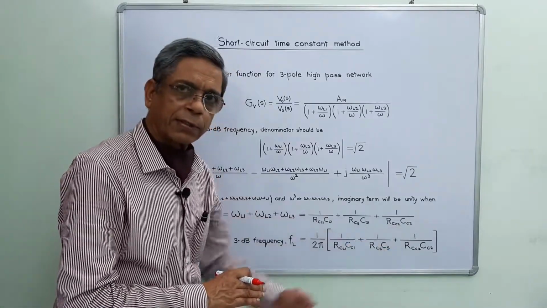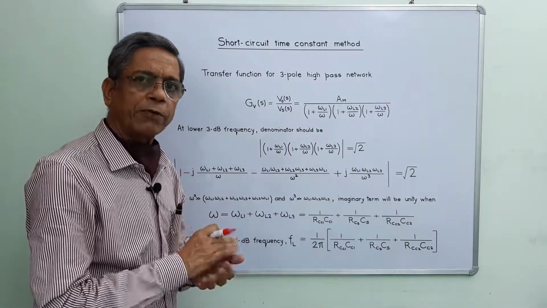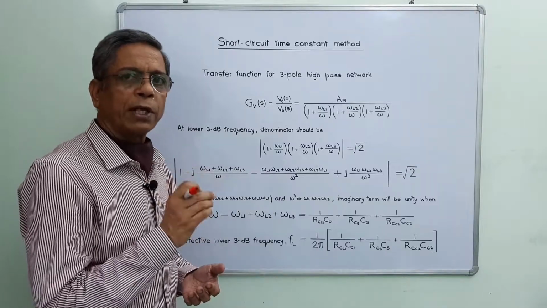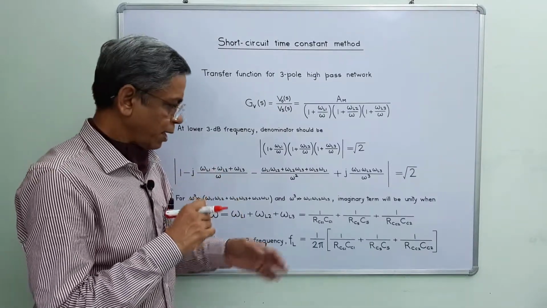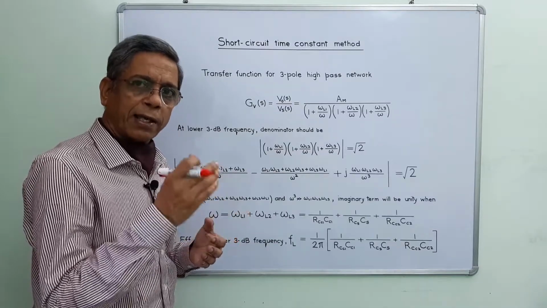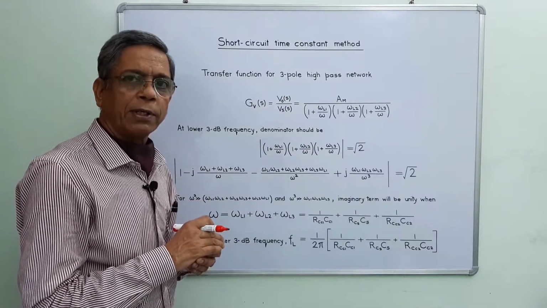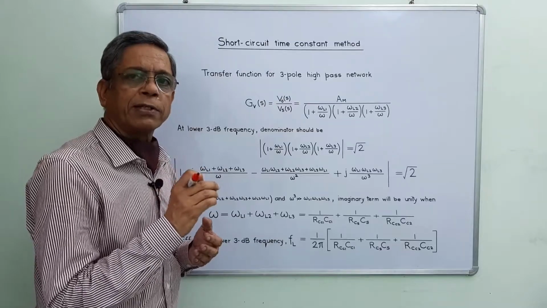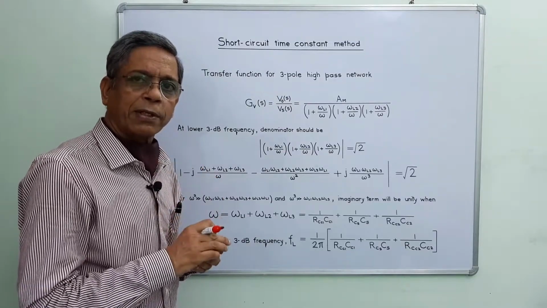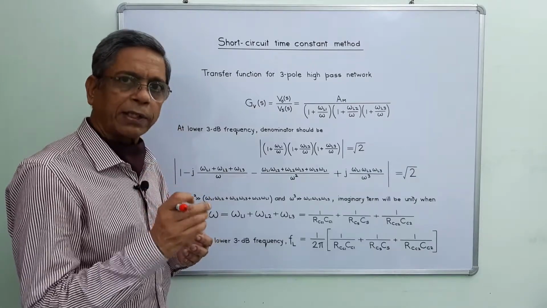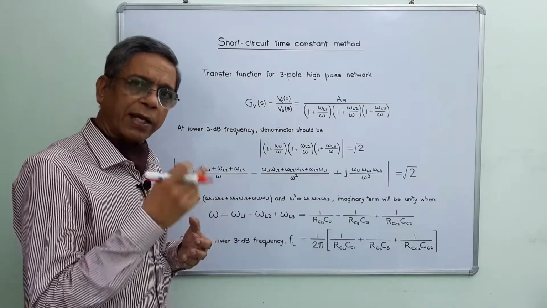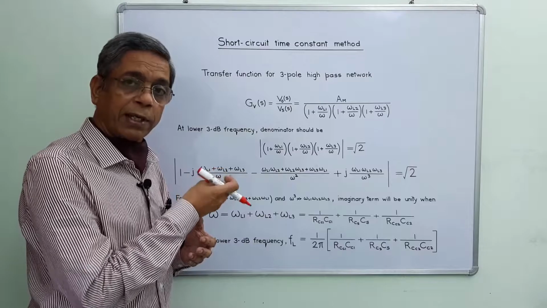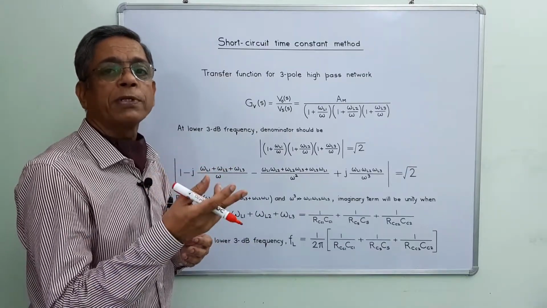Since there are 3 capacitors, 3 steps are involved in the determination of the time constants corresponding to these 3 capacitors. In the first step, we have to select any one of the capacitors and consider the other 2 capacitors as short circuit. Then we have to find the resistance seen by the selected capacitor, by finding the Thevenin equivalent resistance across the terminals of the selected capacitor. Then we will write the time constant for the selected capacitor. In the second step, we have to select any one capacitor other than the one selected in the first step and consider the other 2 capacitors as short circuit.